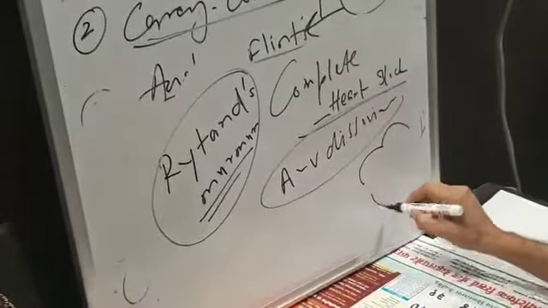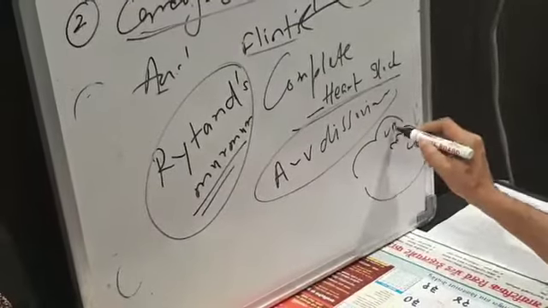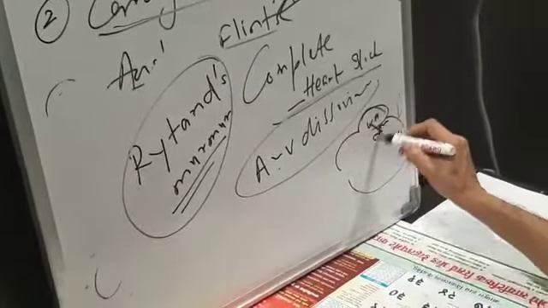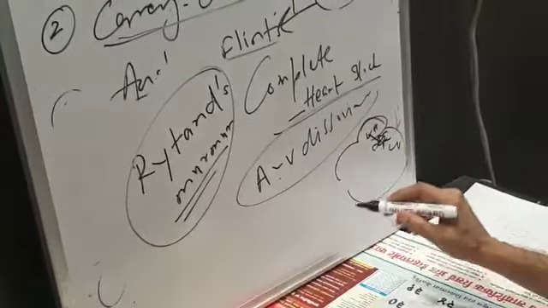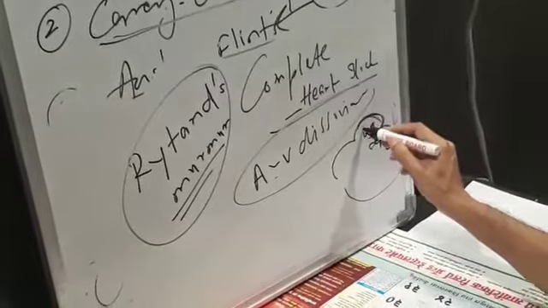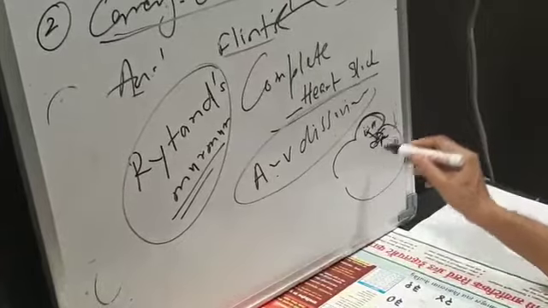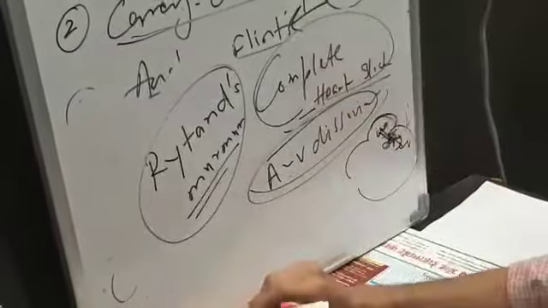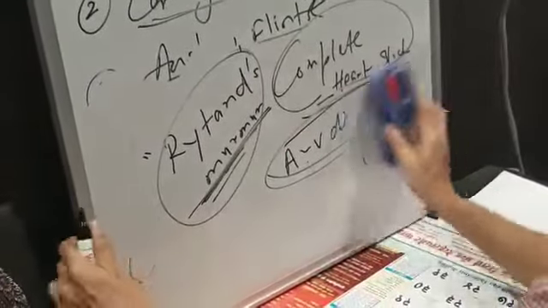So there is no electrical relationship existing between the LV and LA. So there are certain times, due to AV dissociation, when the left atrium is contracting and the mitral valve is still closing or in a state of closure or already closed. So this LA is contracting, trying to push the blood to the left ventricle where the mitral valve is just closing. So again there is a mid-diastolic murmur because of AV dissociation in complete heart block. This murmur can be an episodic murmur. This is known as Rytand's murmur, which is a mid-diastolic murmur due to complete heart block.